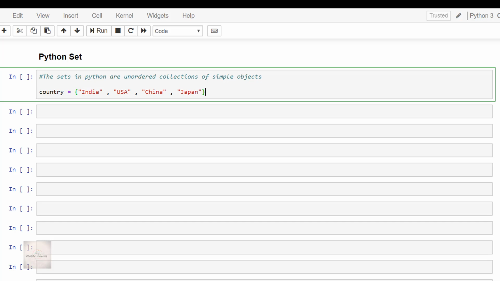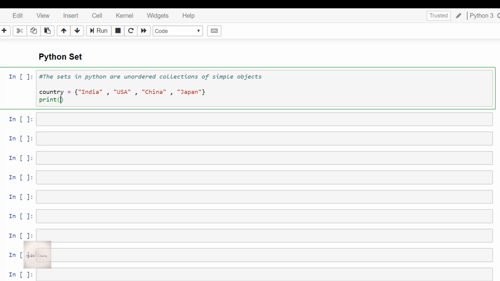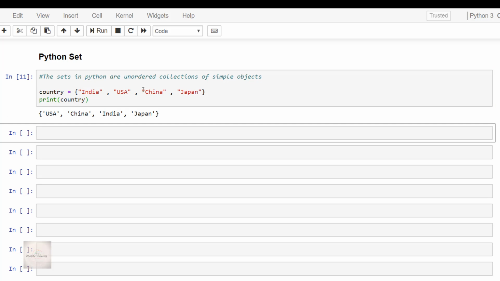Now, if I print the set country, which we have just created, print country, we can see that the order of the objects in the set has been changed. Yes, the order of the objects in the set has been changed. It is because, as I said already, sets are unordered collections of objects.